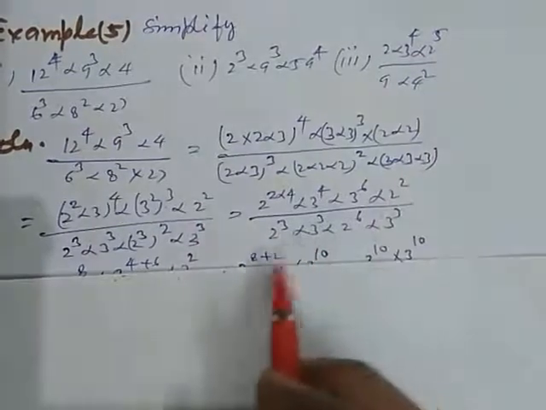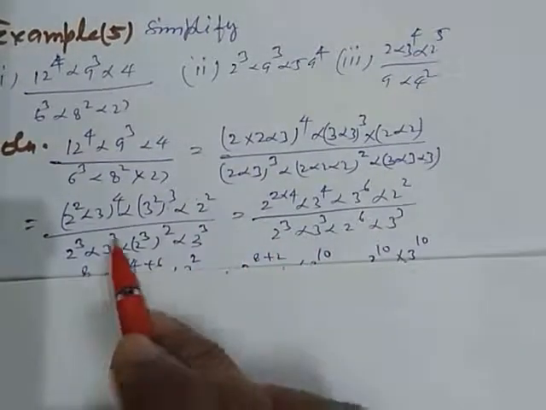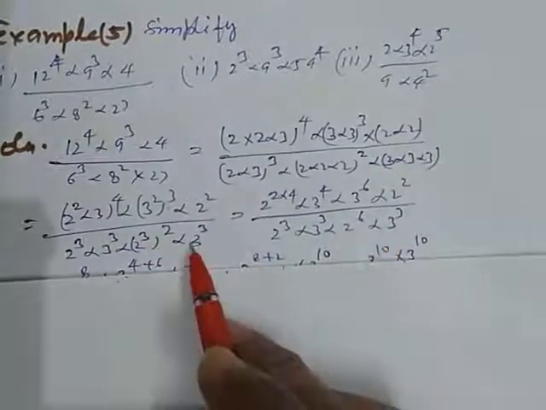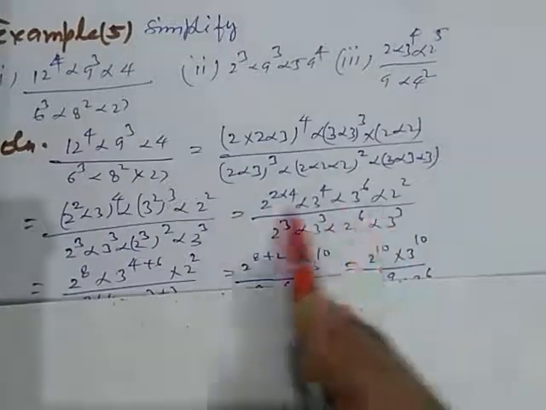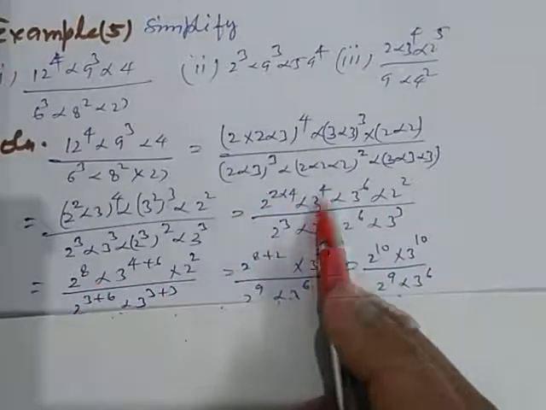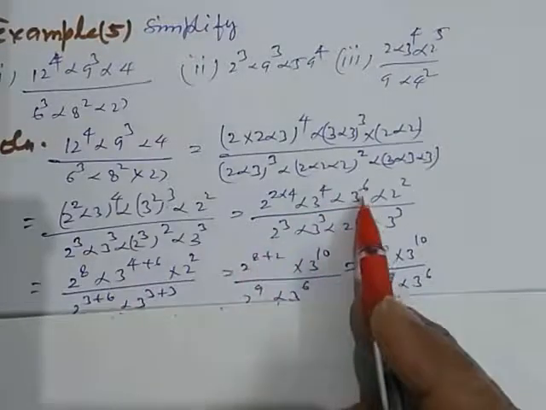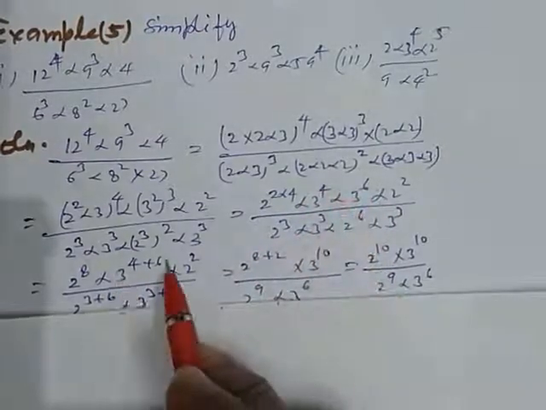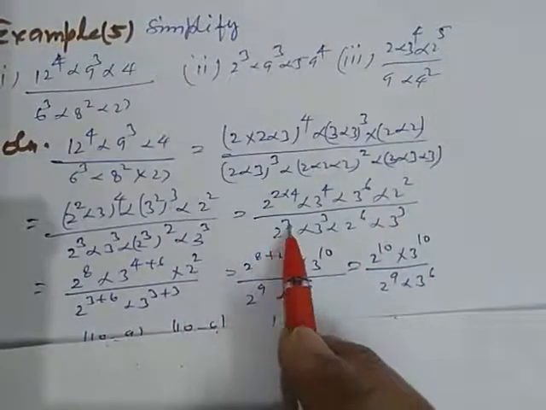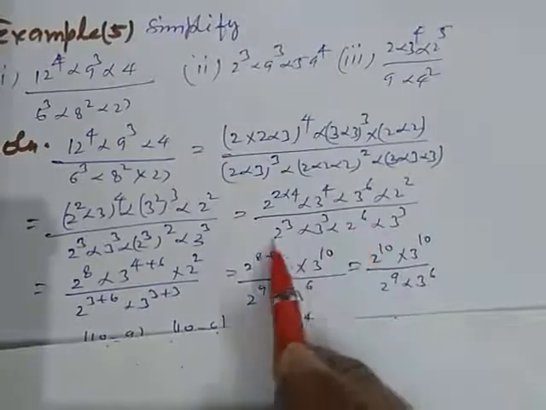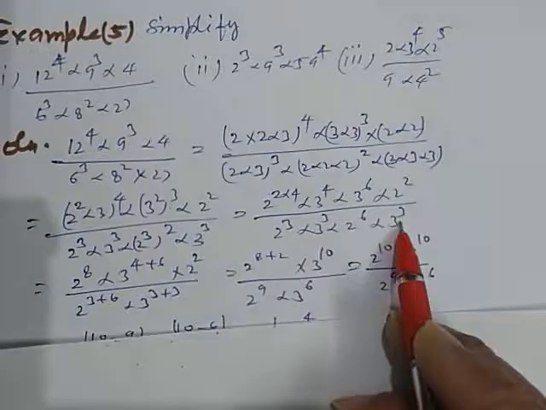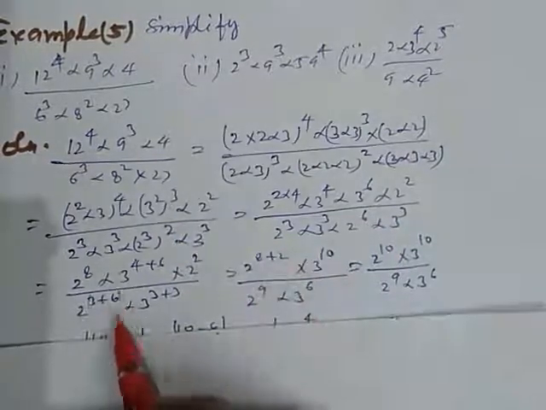This 2 square. Okay. Here 2 raised to the power 3, 3 raised to the power 3, and this becomes 2 raised to the power 3 into 2 raised to the power 6 into 3 raised to the power 3. Now again we solve. By simplifying this we get 2 raised to the power 8, 3 raised to the power 4, and this 3 raised to the power 6. So they are adding, 4 plus 6. And this 2 raised to the power 2. Again 2 raised to the power 3 and this 2 raised to the power 6. Same base, so they are adding 3 plus 6. And here 3 and 3 are the same base, so they are adding. So this way we get this.